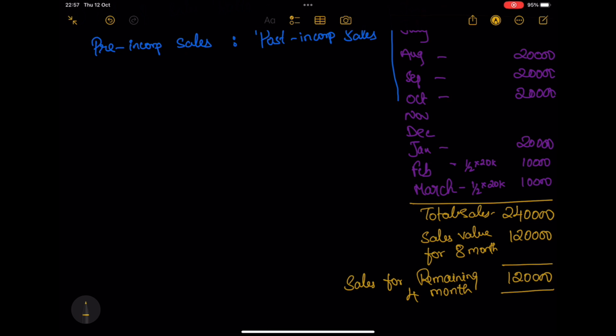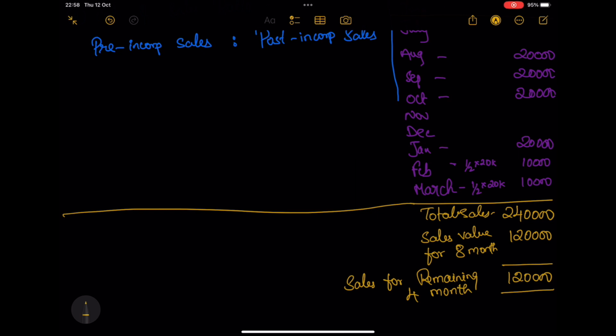Got it? So this is how we will be calculating the working note. If 1 or 2 months they have not given in the question, we have to consider the total sales and minus the given data. How many months they have given? They might have given 8 months or 9 months value. So we have to minus it. Then we are going to identify the remaining months sales. Then again what we are supposed to do means,